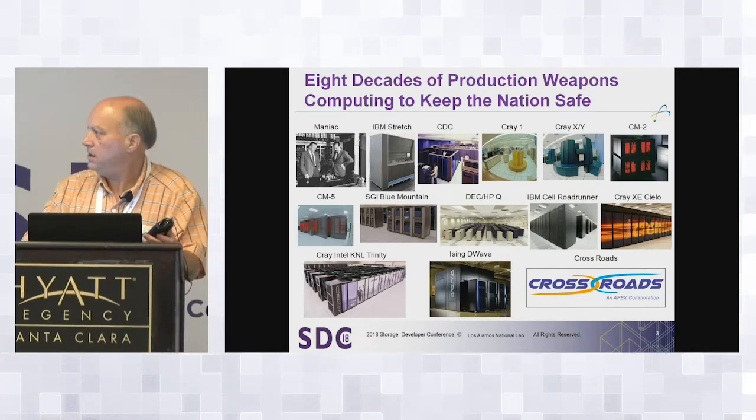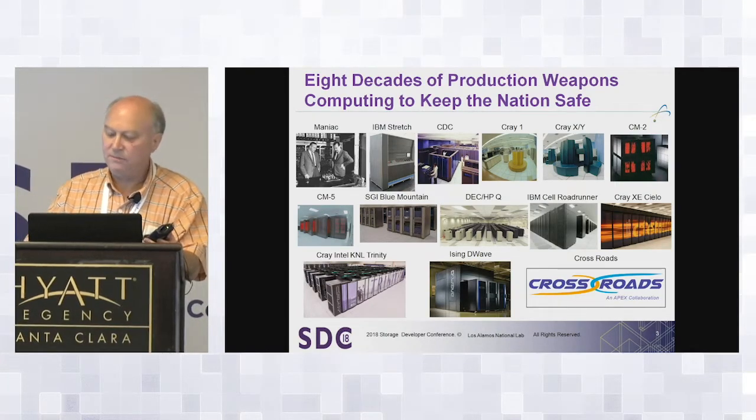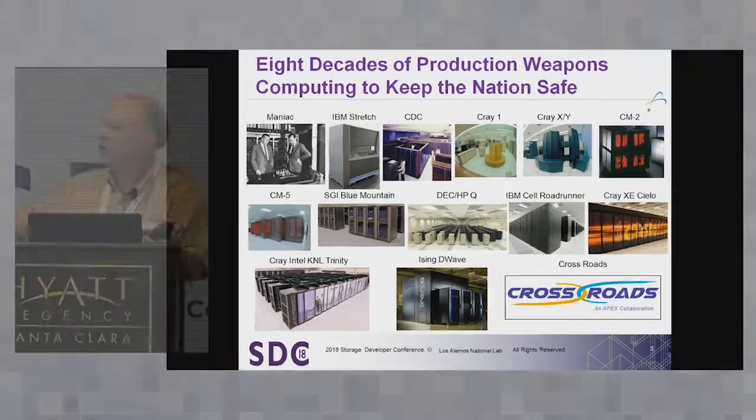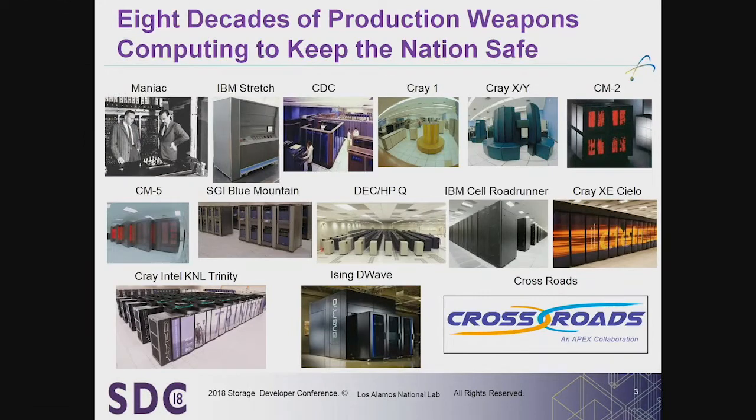Lots of YMPs and XMPs. The CM2, the CM5 was interesting. For those of you that watched Jurassic Park, you'll recognize that machine, but that was actually the first machine on the first Top 500 list ever, which is kind of interesting. It was, I think, about 1,200 SPARCs. And then other machines that we've had over the years, including our current machine, Trinity,